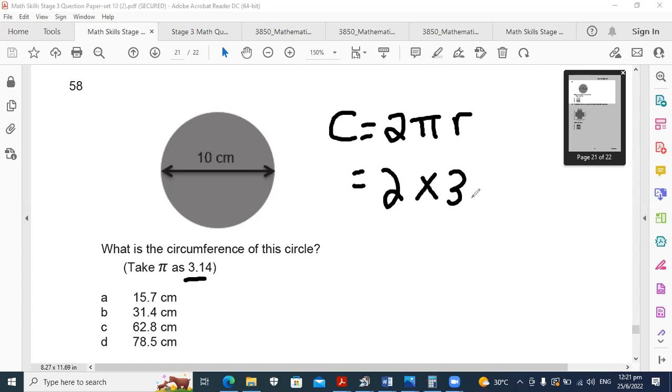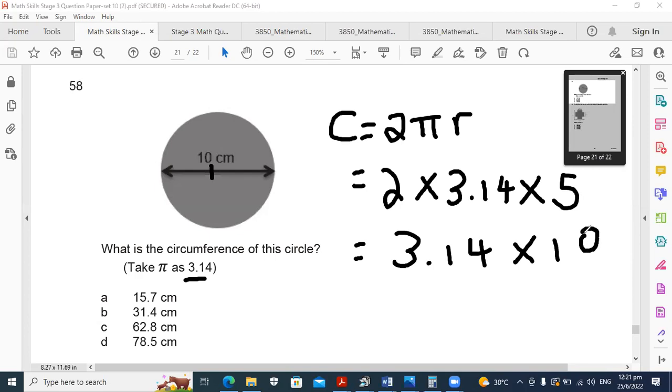So it's going to be 2 times 3.14 multiplied by the radius. And what's the radius? It would have been 5, not true? It would be half of this value here. All right. And 2 5s, 2 5 is what? 10. All right. And because that's 10, the point moves one place to the right. You all see that? So it's just 31 point what? 4